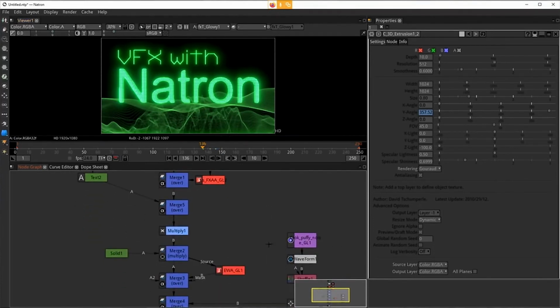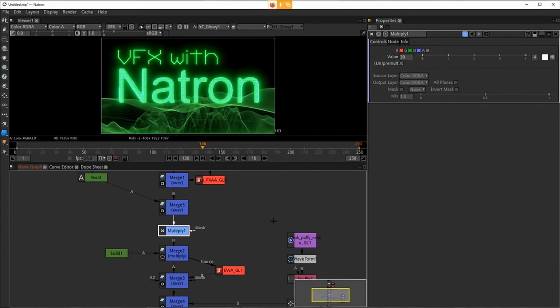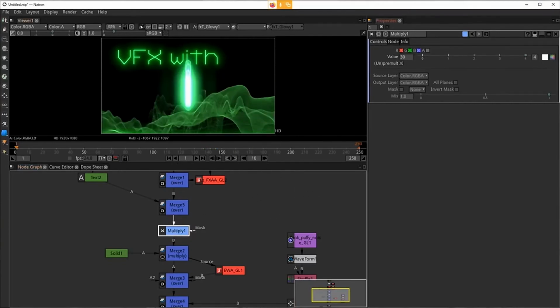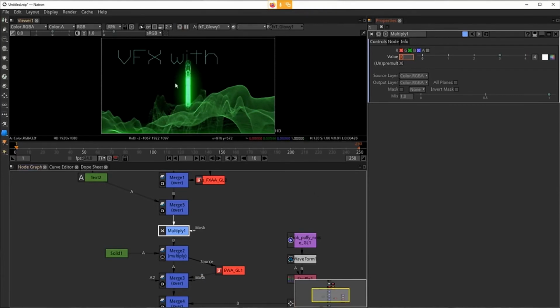Okay. Next, we're going to go to our multiply, and we're going to animate our multiply. So we're going to go back to frame 0, and I want to make sure I have the exact values. Okay, so at frame 0, I want to bring our multiply down a lot. We're going to bring it down to 1/10 of this value, so that it starts off at 3, and then at frame 60,